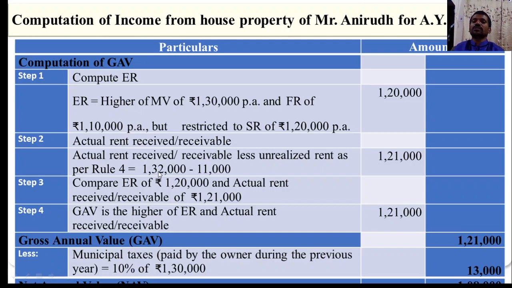This is the rent amount received by the employer or receivable by the employer. Per month rent is rupees 11,000, per annum 1,32,000. But 1 month rent was unrealized, ಅಂದರೆ 1 month ಇಂದ ಬಾಡಿಗೆ ಕೊಟ್ಟಿಲ್ಲ